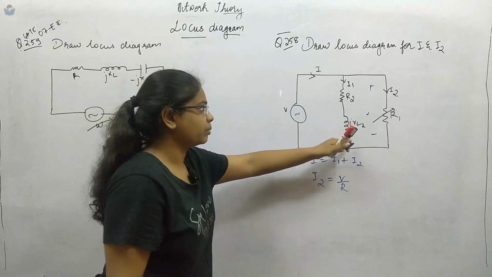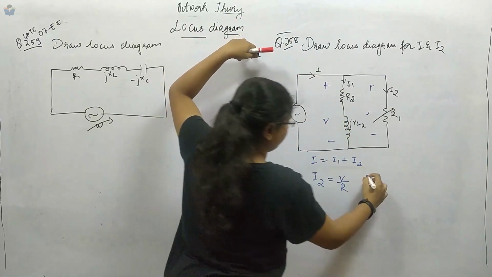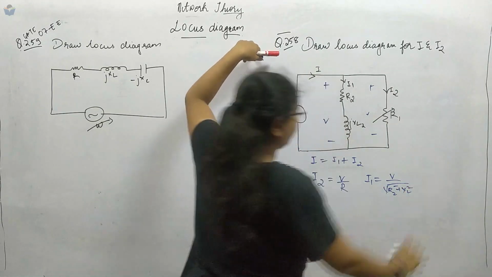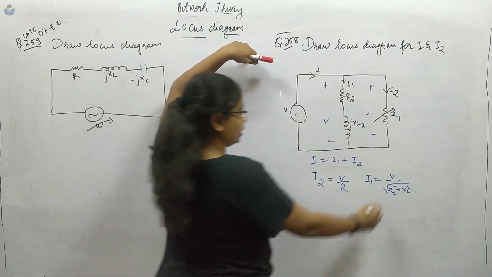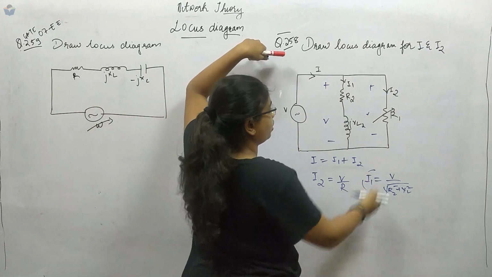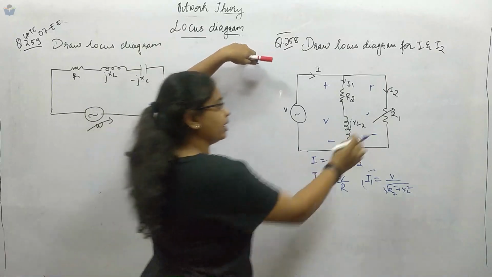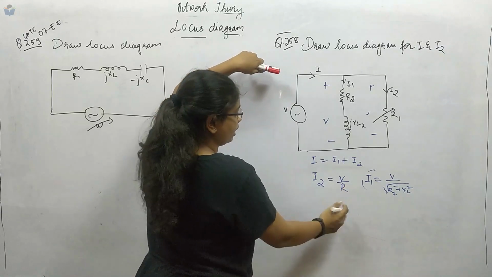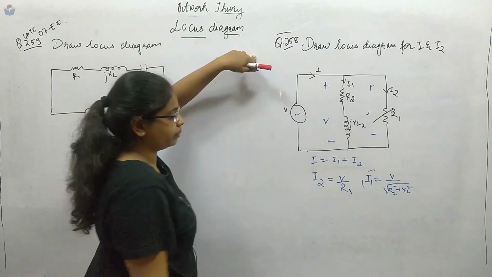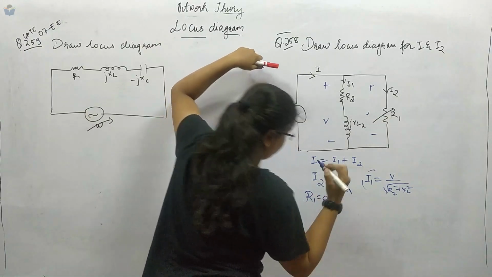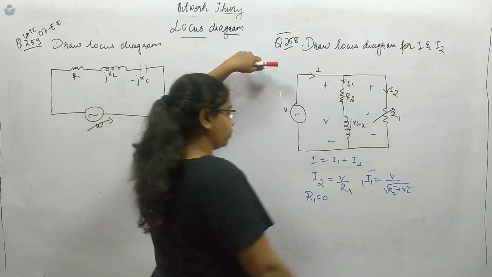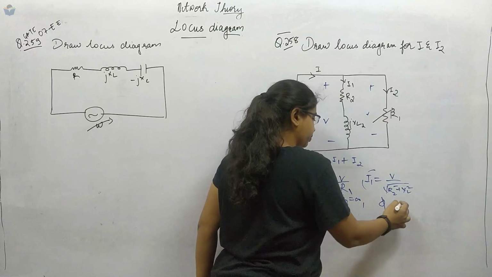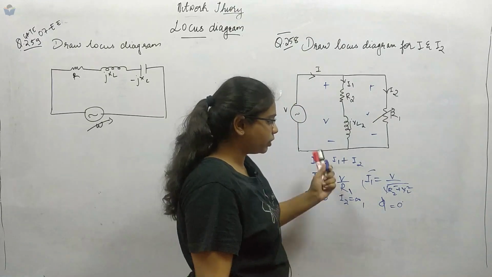What will be I1? It is nothing but here also the voltage will be same. So I1 will be equal to V upon the square root of R2 square plus XL square. Okay, so we have got this one, but here we do not have to vary this I1 quantity, it is fixed because our only variable quantity is R1 and related to that I2 is varying. Okay, so now if I take this, V by R1. Now R1 equal to 0. If I take R1 equal to 0, what will happen? I2 is equal to infinite, okay, and phi will be equal to 0 degree itself because it's a pure resistive